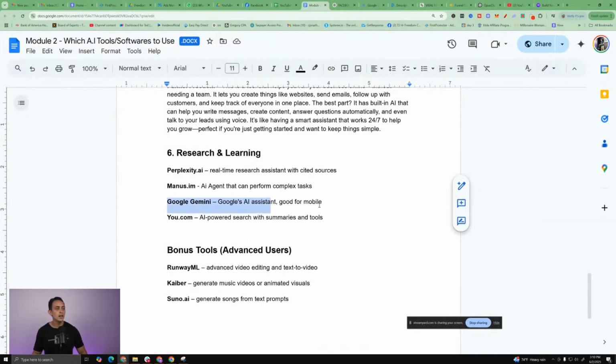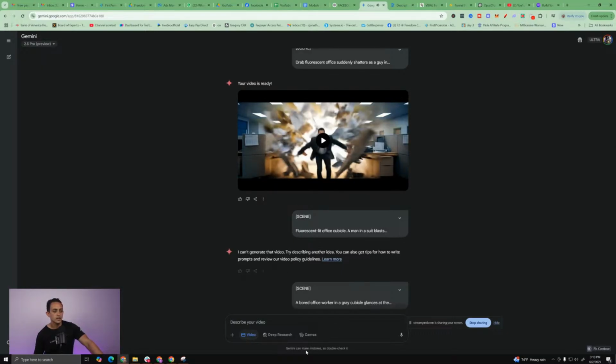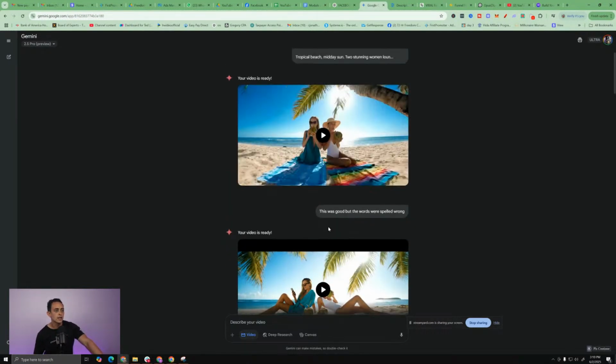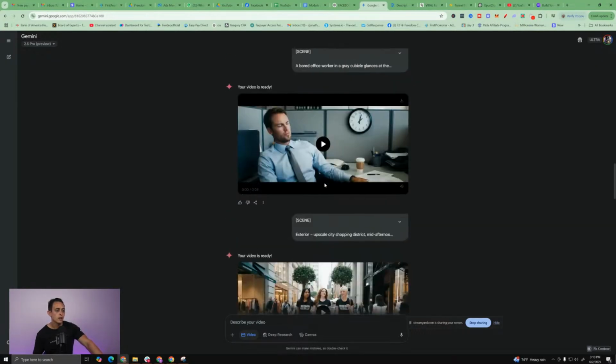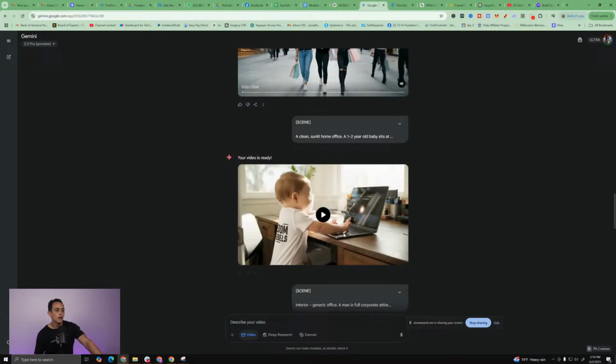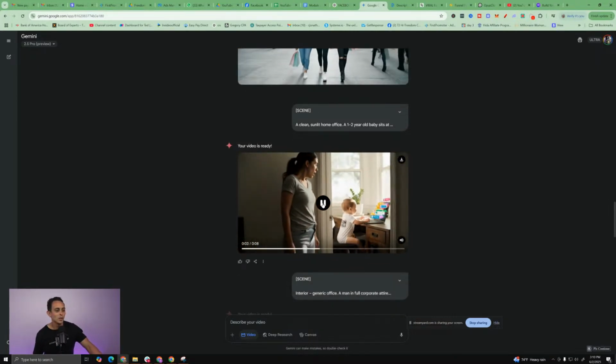Google Gemini, I think this is pretty much like ChatGPT. So this is Google Gemini here, and essentially it's Google's version of ChatGPT. I do use it. As you can see, I made some videos with it, because it actually connects to VEO3. At the bottom, it says generate with VEO3. I gave it an entire scene of what I wanted, and it created a video, created the sound and everything. So this is also very, very powerful. As you can see here, baby on the computer and all that stuff.